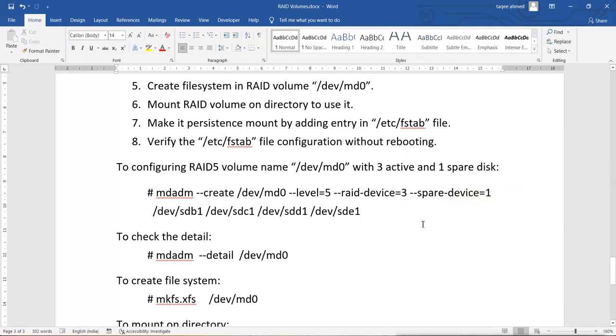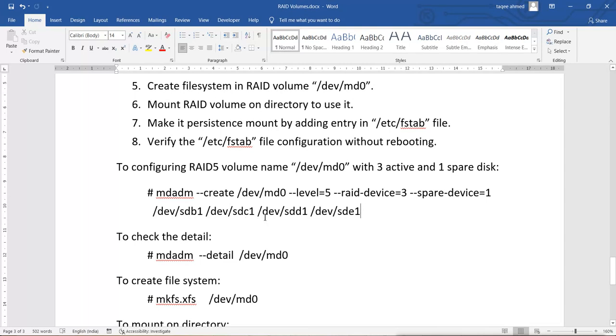The spare disk is so that if one of the disks goes corrupt, then the spare disk can take the place of that corrupted disk, and it will give me a small time so that I can replace the disk. Otherwise my RAID will be in a bad mode, like it will be corrupted and it will not work.